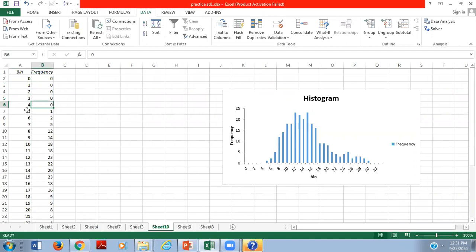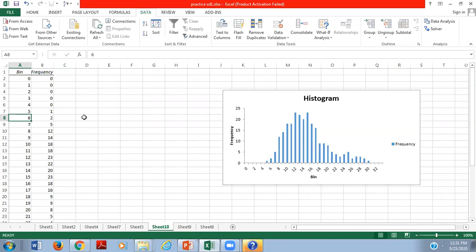In 5 days, one customer was able to repair his computer. It means that only one customer had his computer repaired in 5 days. Then 2 customers had their computers repaired in 6 days. Like this, the data means that is called the frequency, right?